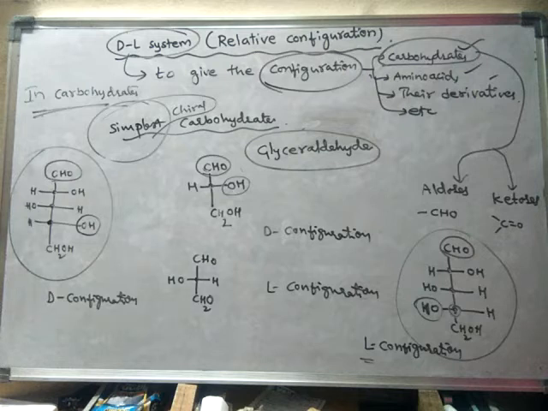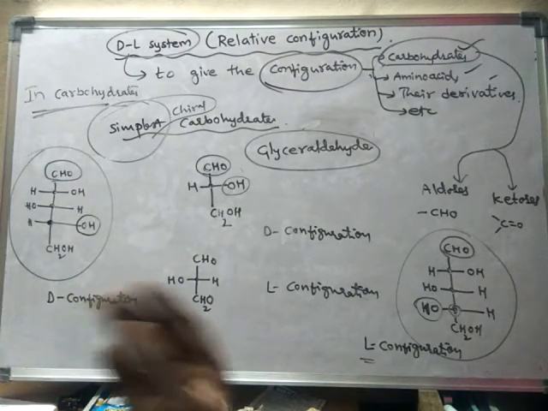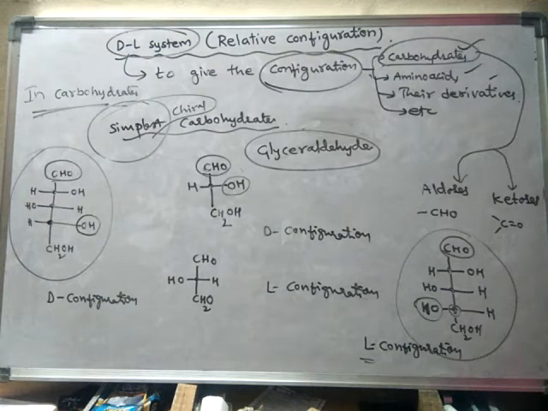So like this, if the OH group at the farthest chiral center from either the CHO or the CO group is present on the right side, then it is said to be D configuration. If it is present on the left side, then it is said to be L configuration. Okay. For example,